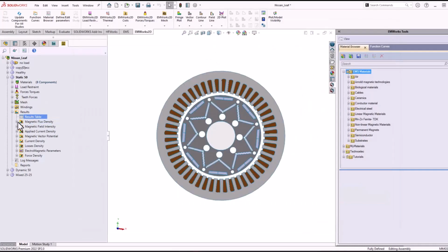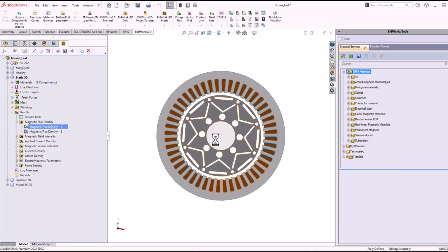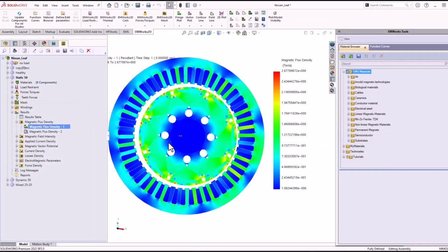We can also look at its field plot. We can simply create its magnetic flux density plot. So as we can see, this rotor is shifted by 50% at 0 degrees. In such a manner, we can analyze the effect of static eccentricity. Similarly, we can create a new study, or we can edit this study and analyze for the dynamic as well as for the mixed eccentricity. So going back to our presentation,